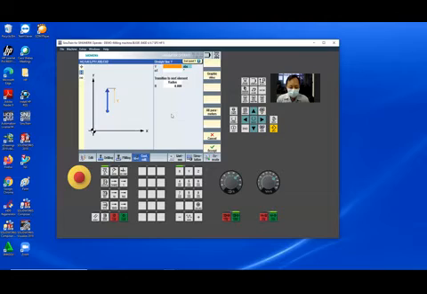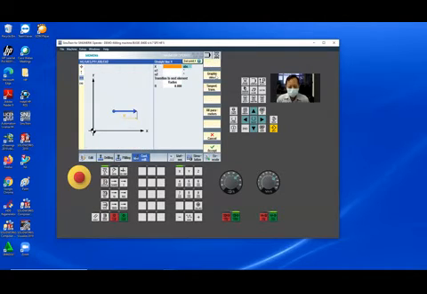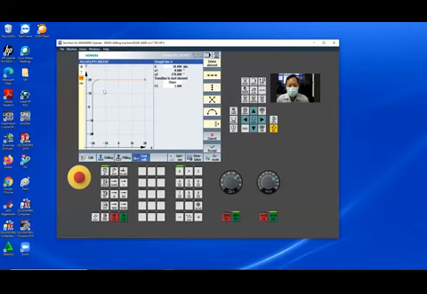And then go to 20, and the radius is 5. Okay, accept like this, and go to the right, 20, but let's chamfer 5. Okay, accept.